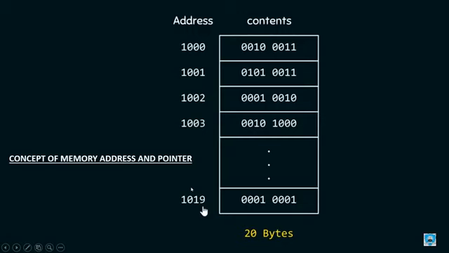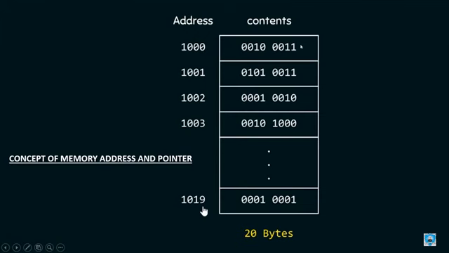So let me begin. To understand the definition of a pointer, you need to understand the concept of address. Here on your screen, this is a memory block. This memory block is 20 bytes and the contents are as shown, 00100011 to 00010001. Whenever we enter any value in a variable, it is always stored in a memory block, and